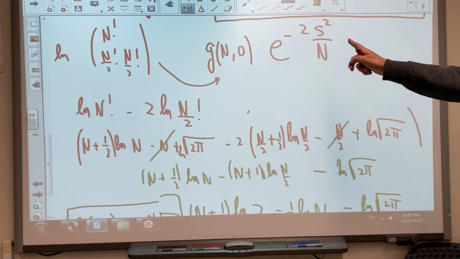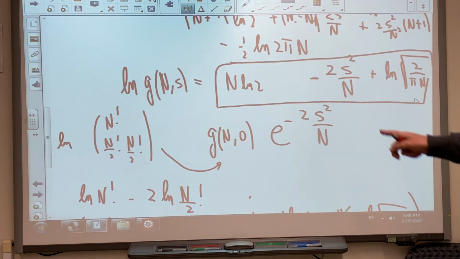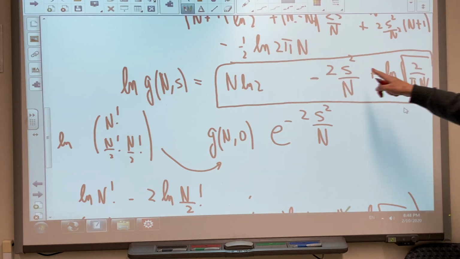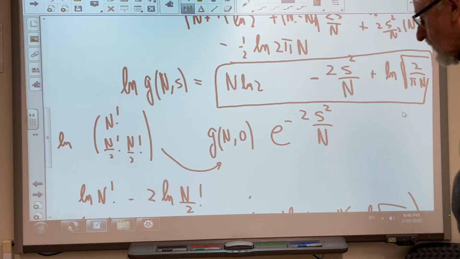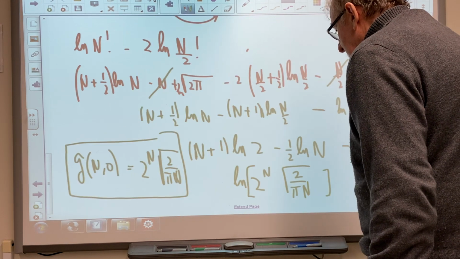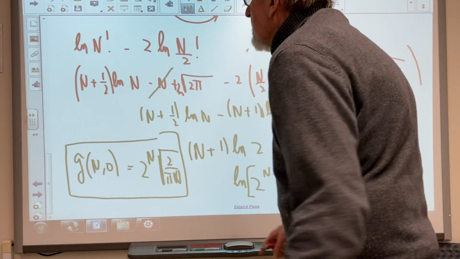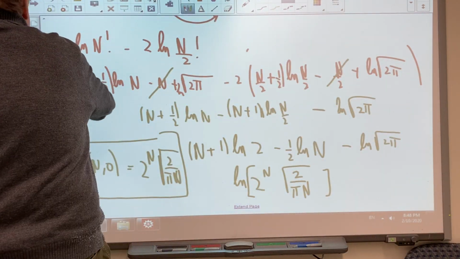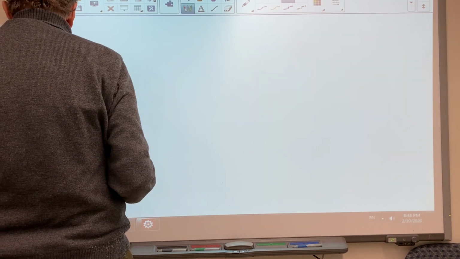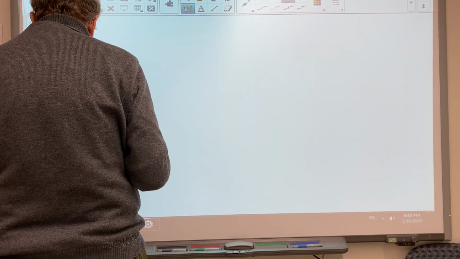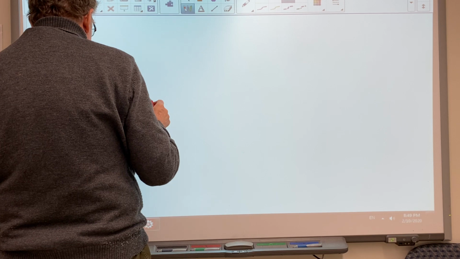What I had there, move it a little bit up, was exactly log of 2 to the n square root of 2 over pi n. So I got exactly the same. So now I have the final result that I can discuss and analyze. So let me open a different page, please. And so I am writing here the final result now, which is